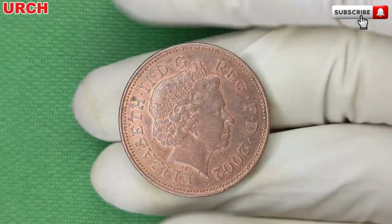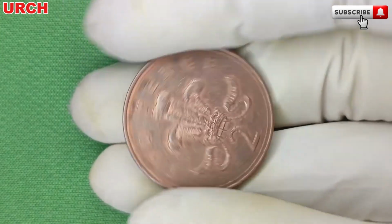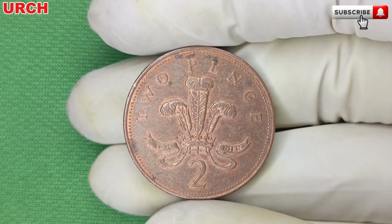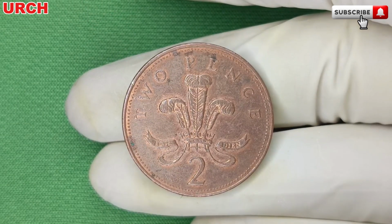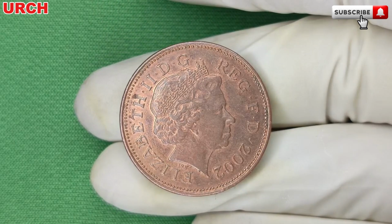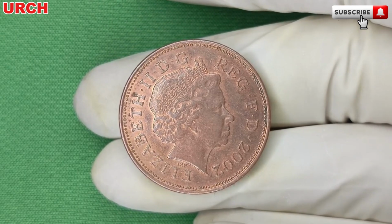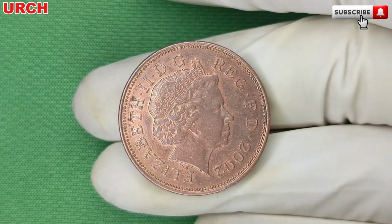One such transaction, reportedly brokered through a discreet London-based dealer, allegedly saw a 2002 2-pence coin change hands for a sum that shocked even seasoned numismatists. But is the hype justified? Ask anyone who understands the intersection of history, craftsmanship, scarcity, and royal symbolism, and the answer is a resounding yes. Coins like these do not merely appreciate in value, they ascend. They evolve from currency to commodity, from metal to myth, and now, after all this build-up, the moment you've been